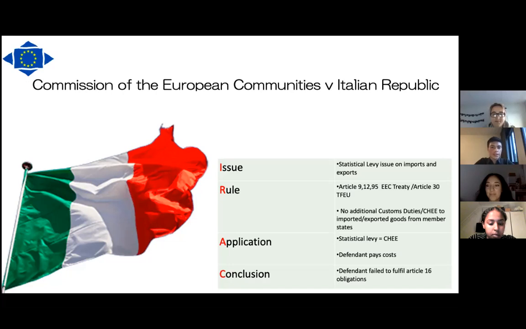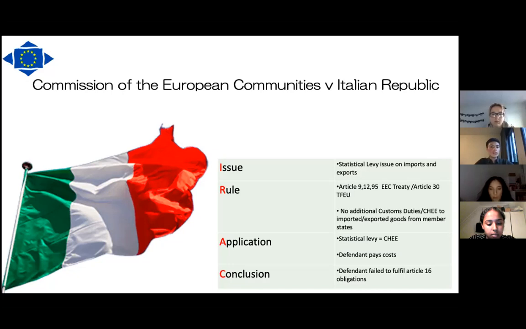On the screen, we can see the case of the Commission of the European Communities against the Italian Republic. The applicant, the Commission of the European Communities, declared that the Italian Republic was collecting a levy on imports and exports, which goes against Article 30 of the TFEU. The statistical levy had to be paid when importing or exporting on every 100 kilograms or metric tons of goods, or on every animal, car, or even for goods in the smallest quantity. The Italian Republic charged 10 liras in order to have a complete record of exports and imports.